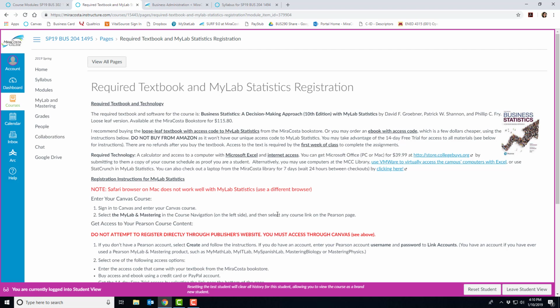But if you're trying to be green, this might be an option for you. Please do not buy from Amazon or other third-party sites. It will not have our unique access code to MyLab Statistics. You may take advantage of the 14-day free trial for access to the ebook and the homework if you're waiting